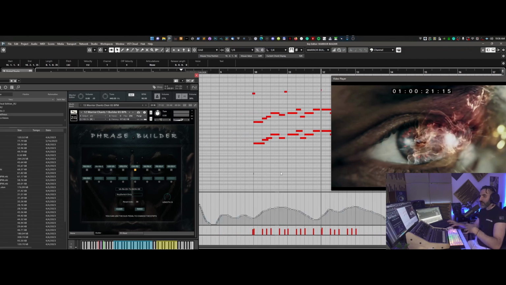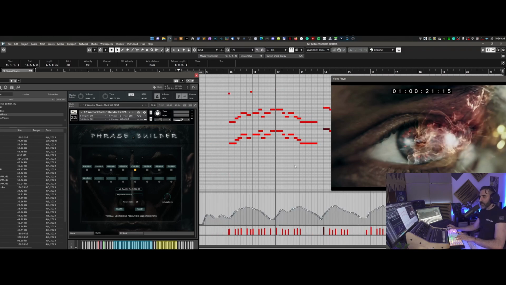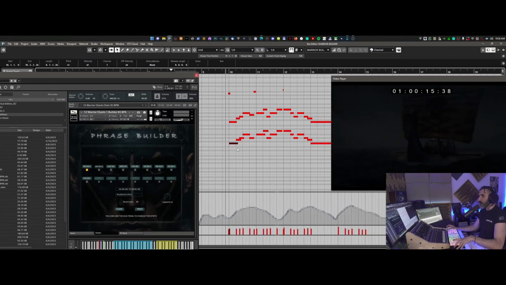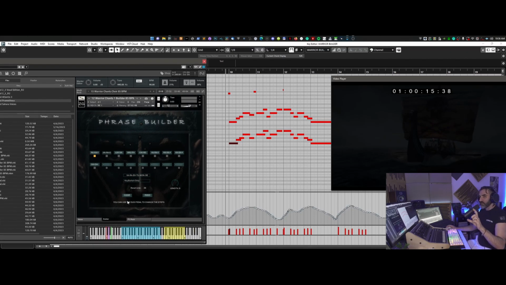Okay, so as you can see, it is quite flexible, because I can create a completely different melody, a completely different part. The really important thing is to understand the structure of the phrase that you load,